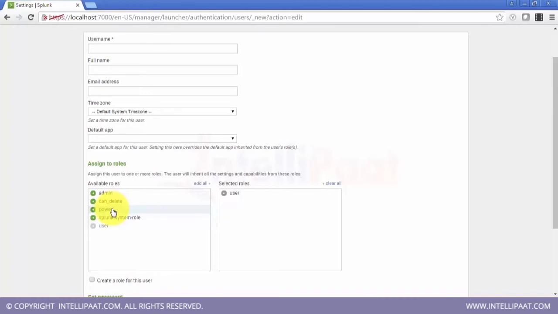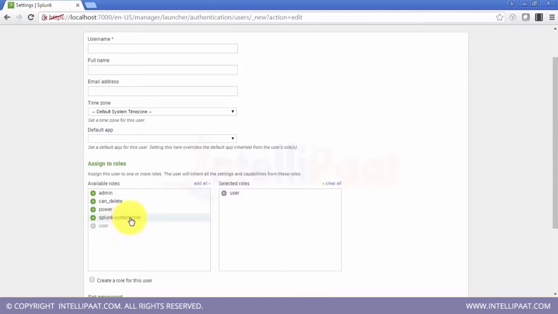They can create and share the knowledge objects, as in the alerts, the dashboards, the reports, and their reports would be given a preference. They can view and edit reports which have been shared with them. So these are some of the main uses of the power user, whereas a normal Splunk user won't have such access. They might be able to create the knowledge objects locally, but it won't be possible for them to share them. And also the number of concurrent searches for all these roles are different. So how many users doing how many searches in parallel would also depend on what access each of them gets.